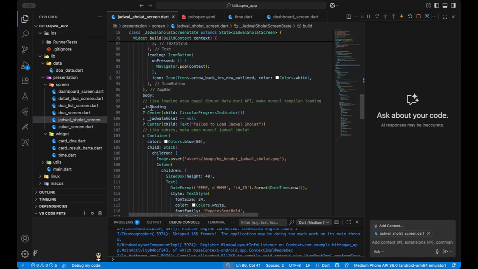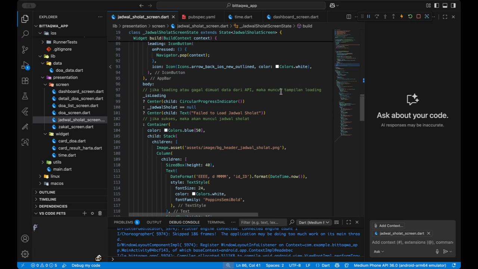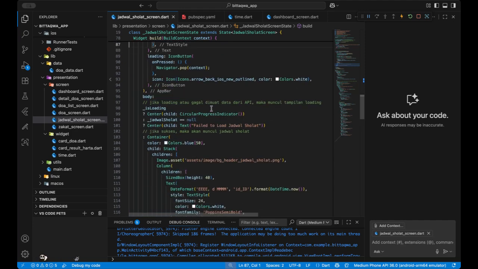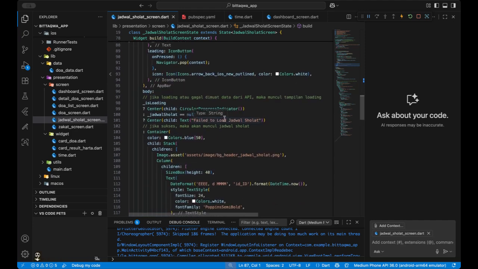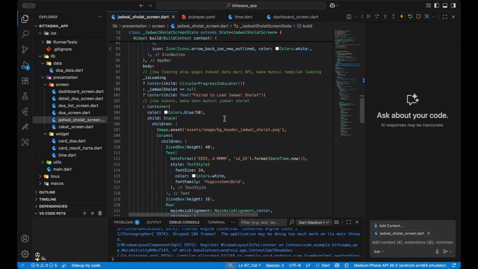And then if loading fails from the internet, a loading indicator will appear in the center, and there's a text, failed to load jadwal salat, and if successful, our jadwal salat screen will appear.